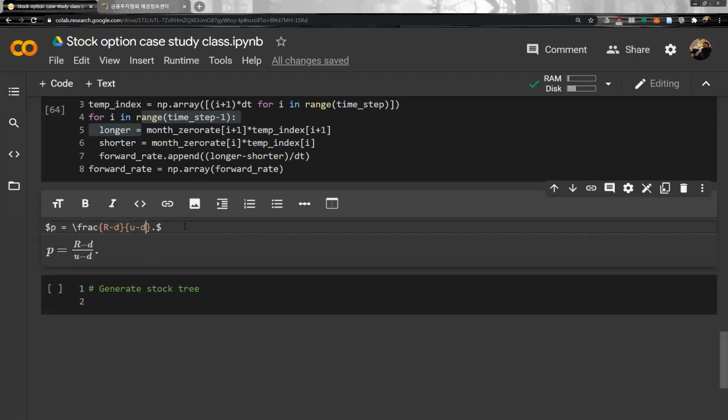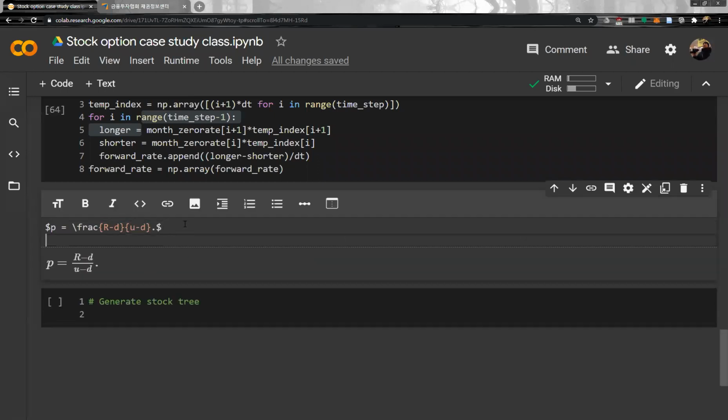And then here, I have to define R, U, D. First R equals, basically,